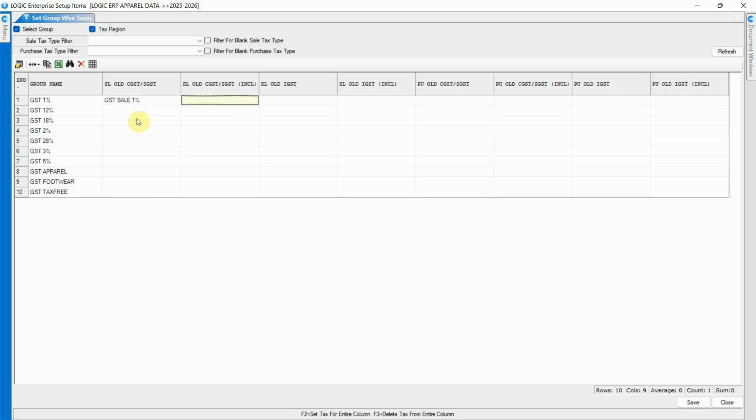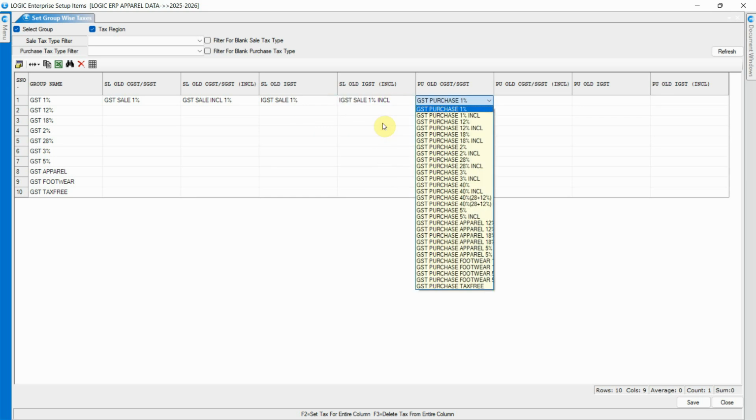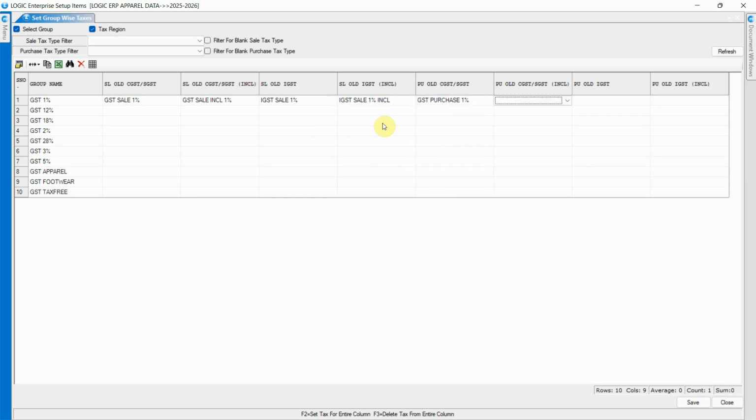We are linking old GST tax groups with old tax regions prior to 22nd September to ensure that, if a customer needs to generate a bill under the previous tax slab, the system can handle it accurately.